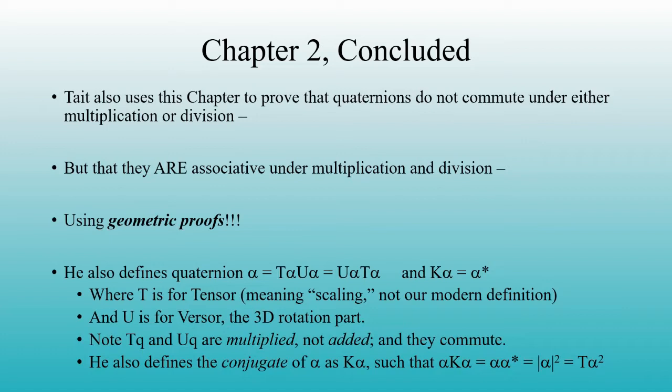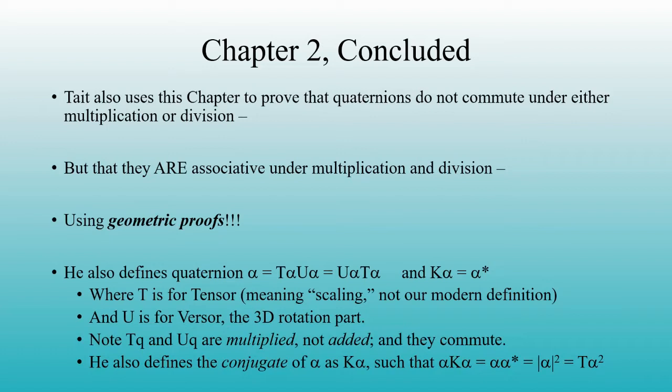One other thing that Tait does in this chapter, following Hamilton this time, is to group the four parameters you get when you divide one vector by another into two operators. The first is the single parameter used for scaling, which he refers to as T. T stands for tensor, but it is not our kind of tensor. In fact, Tait's tensor is the magnitude of the quaternion, which is technically what we would call a scalar today. The three parts that are associated with the rotation of one vector into another is called the versor. But he expresses this term using the letter U, presumably because the letter V was already taken.